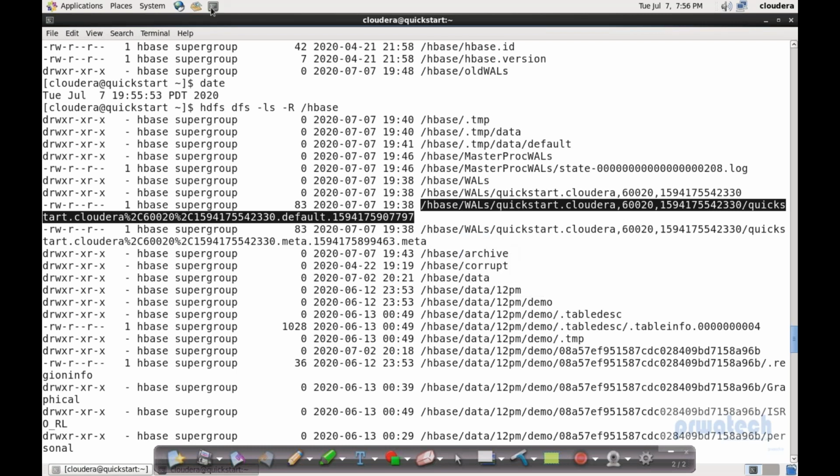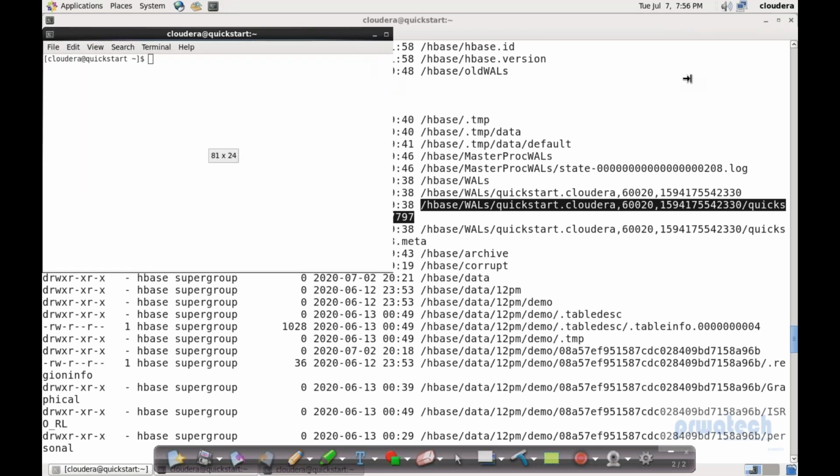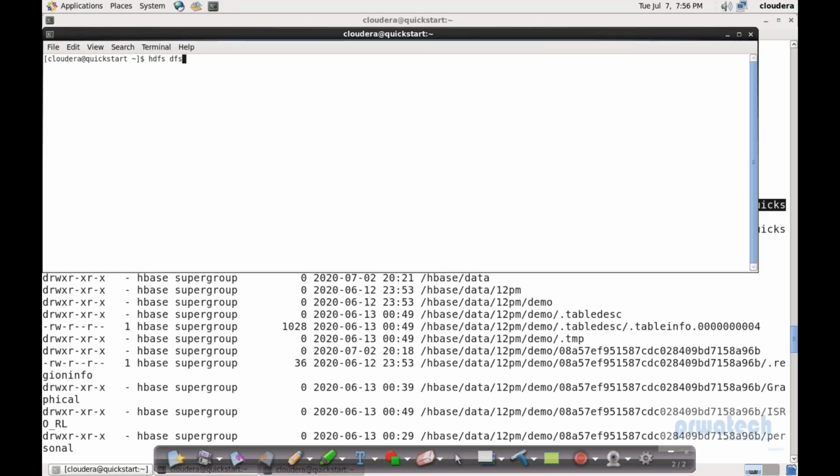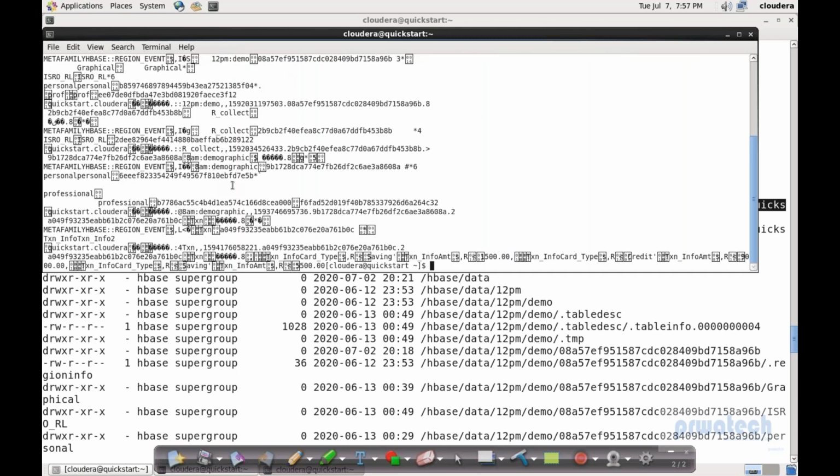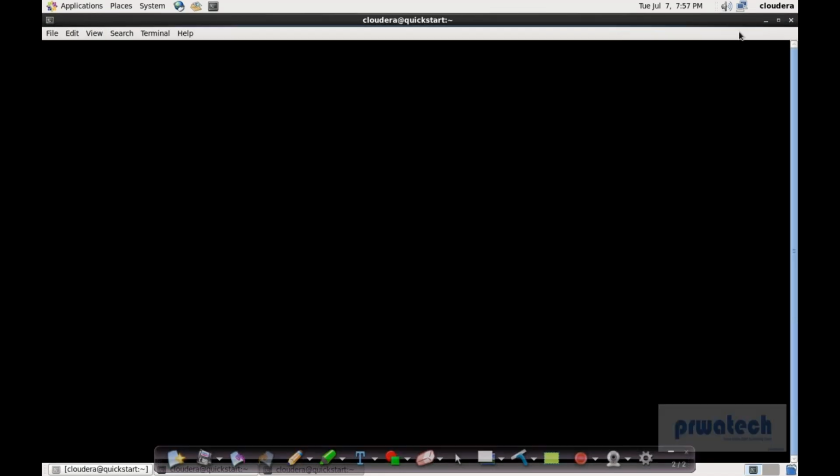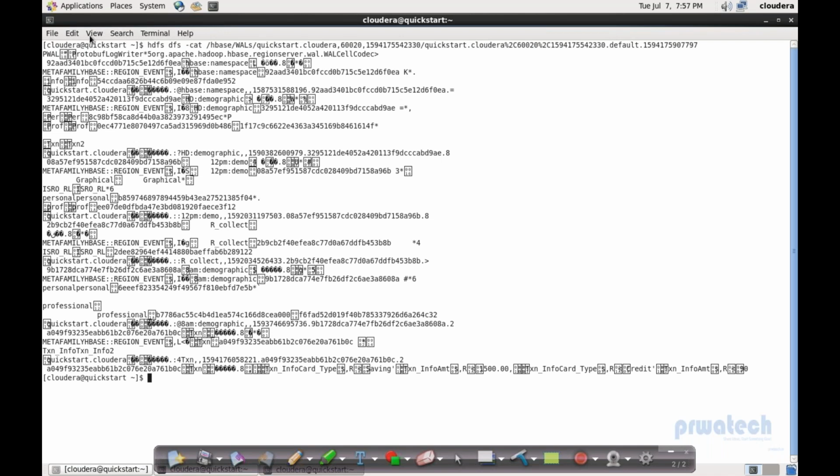Maybe I'll open another terminal and there I'll check, HDFS dfs, or let's use the direct query, paste, hdfs dfs -cat. How this structure is coming, we will check that. Structure info. You can see this is my latest entry. Okay, let me increase the size. This is my entry